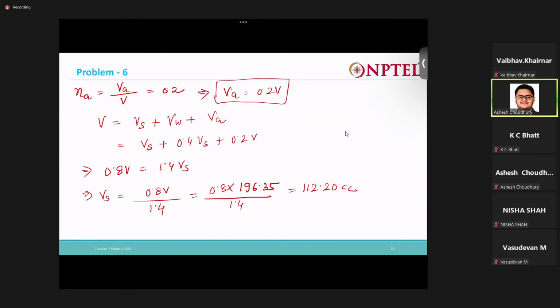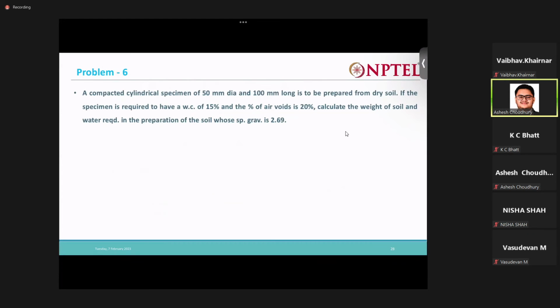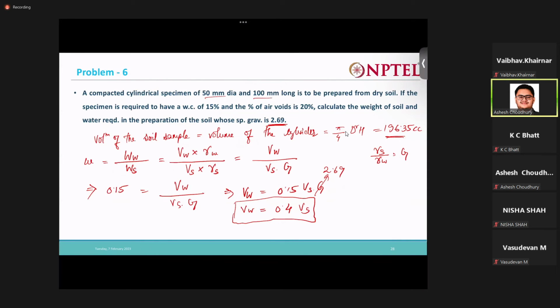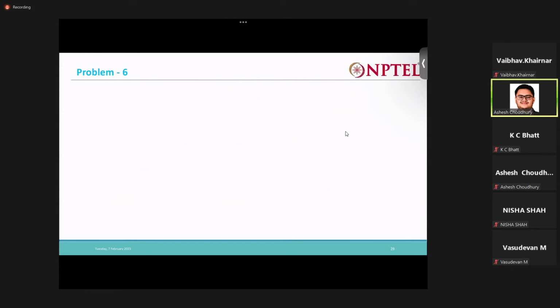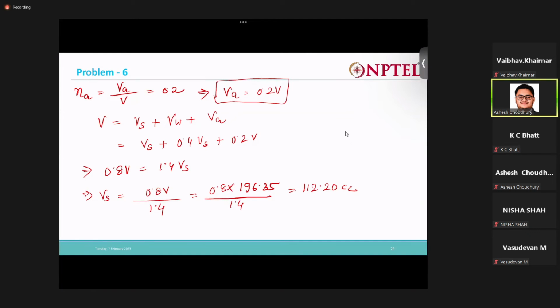So our task was to determine the weight of soil. First task is to find out the weight of soil. Okay. So we got the volume of soil solids. So now easily using this we can find out the weight of soil. It's nothing but